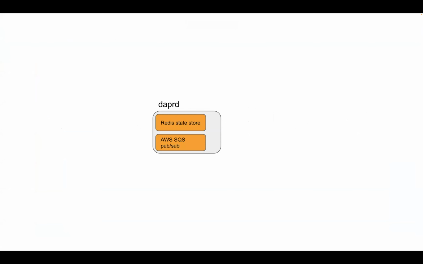So Dapr is written in Go, and Go basically compiles your code into a single static binary with all of its dependencies compiled into that single binary. So if you have your main function and you have 5 dependencies, they'll all be built into the single binary. For Dapr, the sidecar is called Dapr-D. That's the process that can run on your machine, or it can run in a container. But it's a single binary, and it has all of the Dapr components basically compiled and installed into it